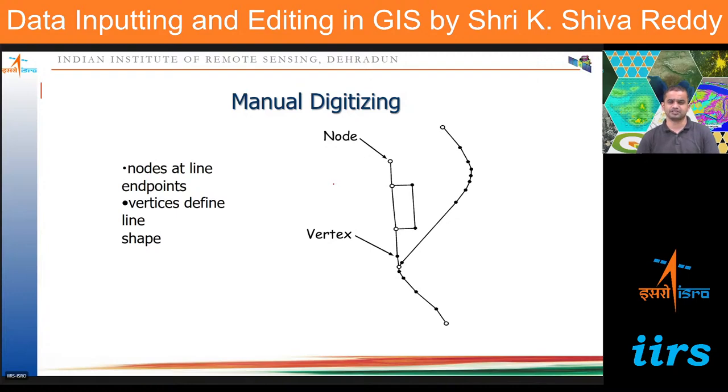So far I'm talking about digitization, but have not explained much about it. In manual digitization, we have two concepts. One is called vertices and the other is called node. A node basically determines the start and end of any linear feature or any vector data. So node 1, node 2, and when you join them, you get a linear feature. So nodes decide the start and end, while vertices, you see here, from this node to this node,